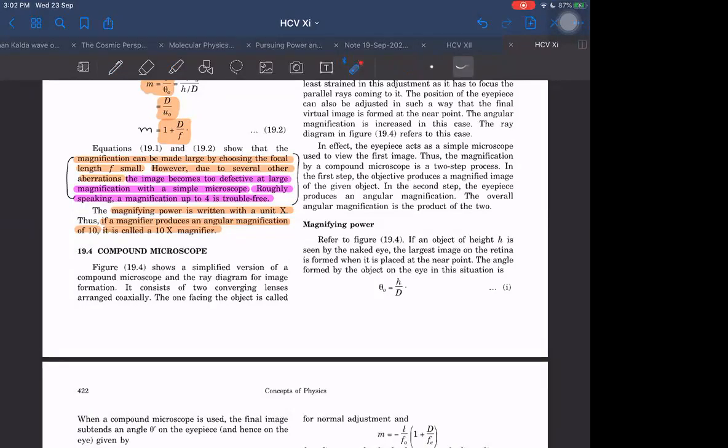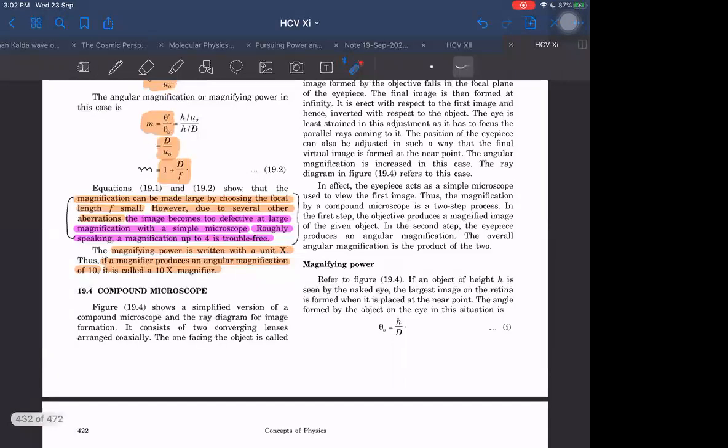It means I will see the object, but I will see it with some defects, maybe astigmatic, or maybe with some other defects. So I will be seeing a defective image. It will not be a proper image. If I want a proper image to be formed, then I should not use just a single lens. I should use multiple lenses in combination. That will help us in multiple ways. In one way, it will be increasing the magnification, and on the other hand, it will be reducing the defects also. We use a combination of lenses to reduce the defects. Compound microscope comes now.